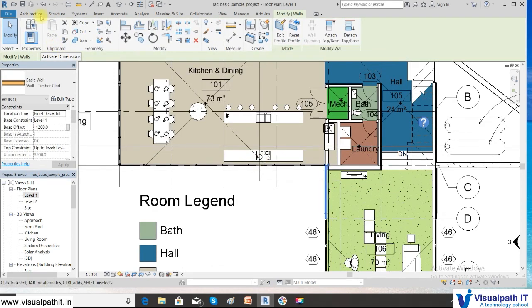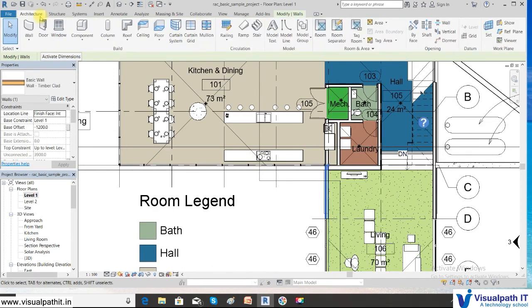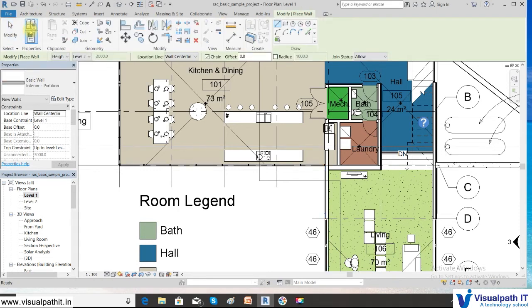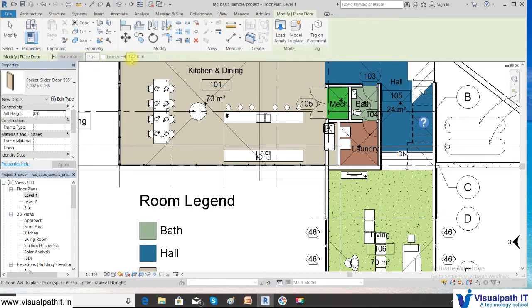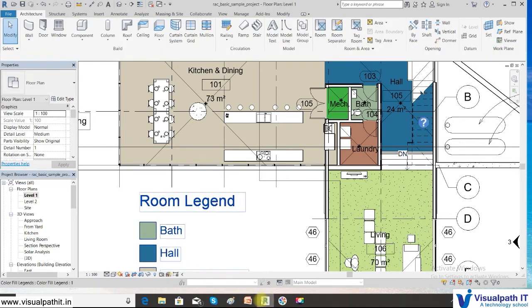Or when I go to architecture and click any element, you can see that the element's options bar is generated here. This is called the options bar. For every element that you select, click that and you get the options. Okay, we will see this one by one in the next sessions. So this is how you operate your options bar.